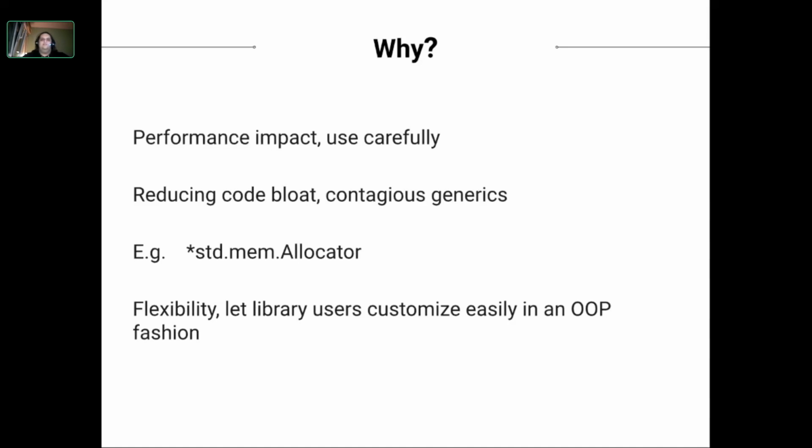Obviously, once the user chooses a specific allocator, all the code could be specialized for it. But for library authors, this would propagate everywhere. So this is one of the reasons you could do this. Of course, this is contentious. A lot of people would like to have some way to use allocators with static polymorphism, but it's a valid